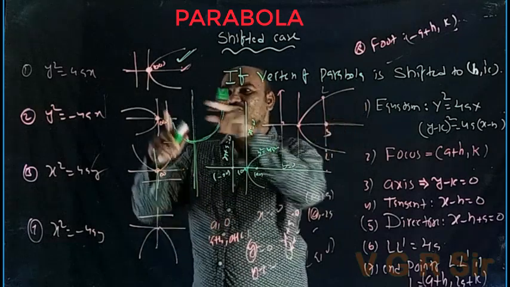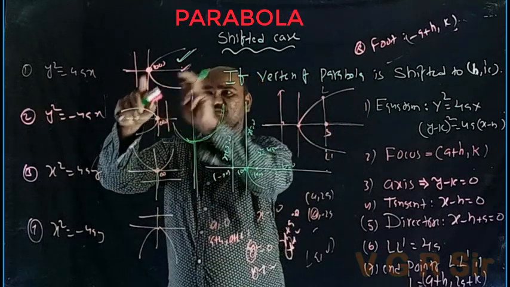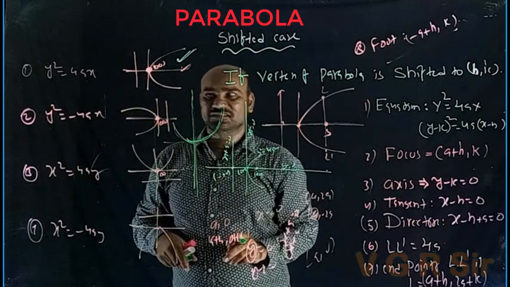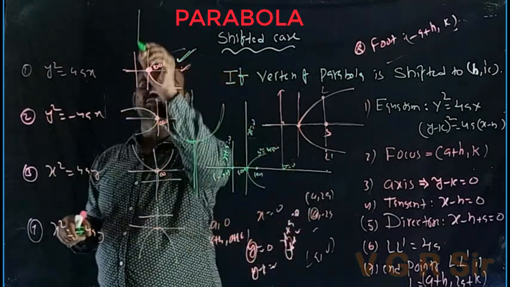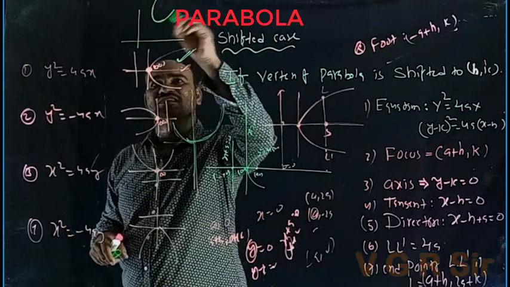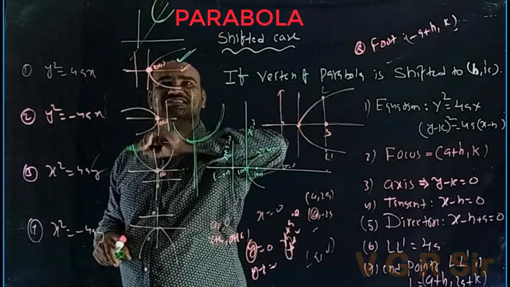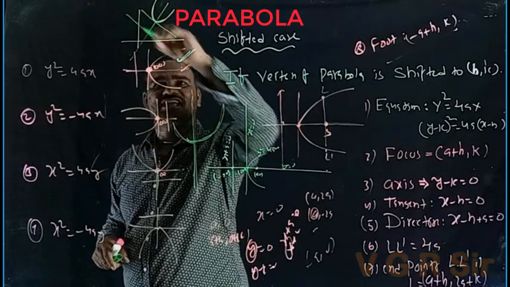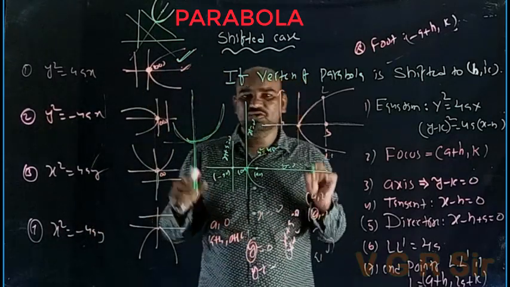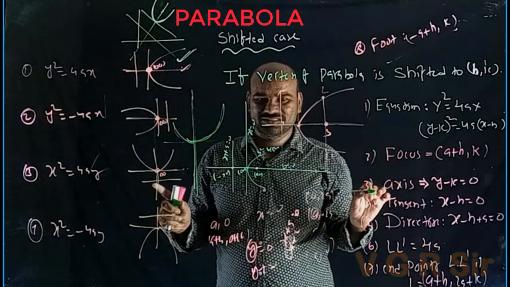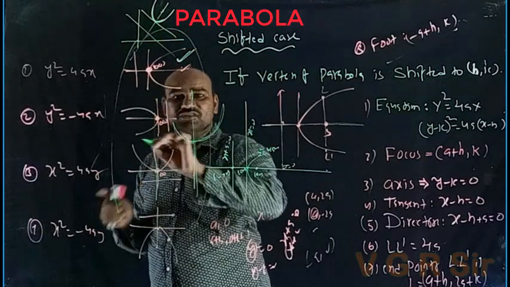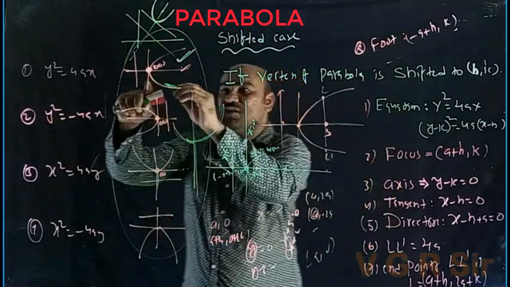In that case, what happened to the parabola? For example, this parabola is given. Translation and rotation both are applied. Means what happened? Okay. So its shape will be like this, maybe. In this case, this is the axis. This is the tangent. This is the directrix. Here the focus. Everything you can find. That is not a big problem. But first of all, we should learn these 8. Okay. Important thing is these diagrams are important. By using these 4 diagrams, everything you can write. By using this diagram only, I wrote all.